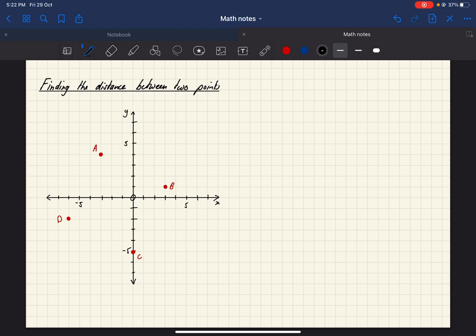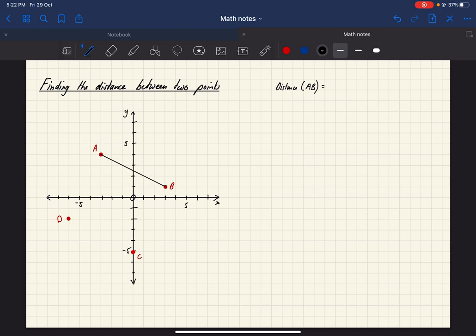Now, if we've got 2 points, like for example A and B, the line segment which joins A and B is called AB. So if we want to find the distance between A and B, we write that like this. Distance AB equals. Okay, now the way that we're going to work this out is using the